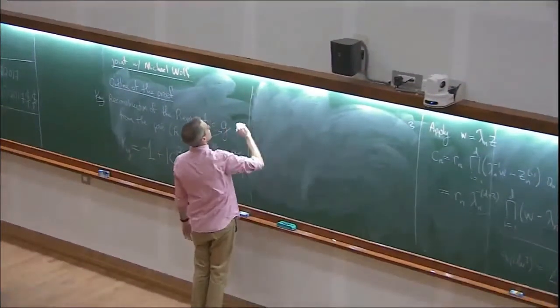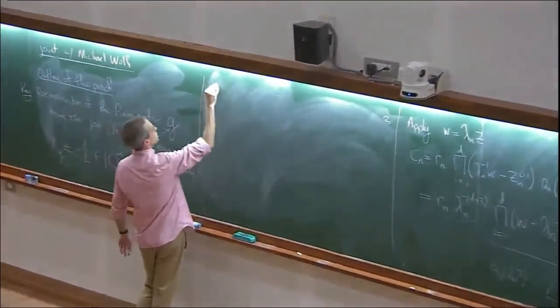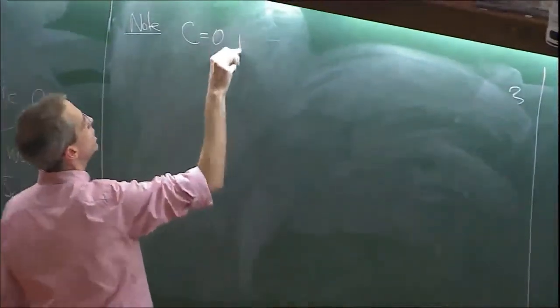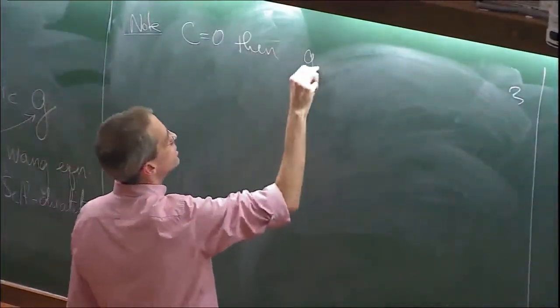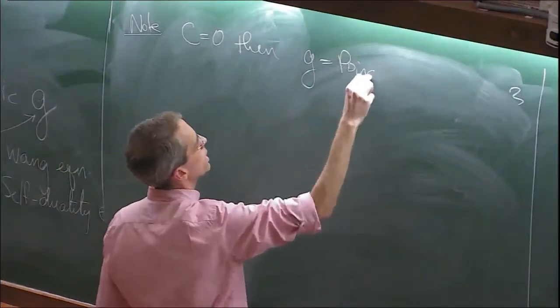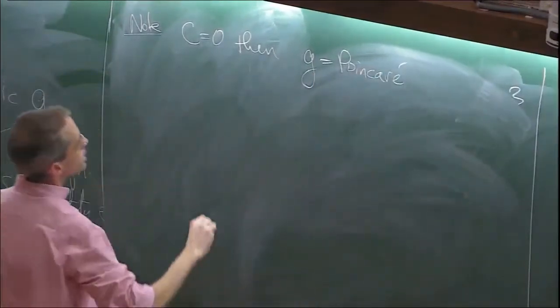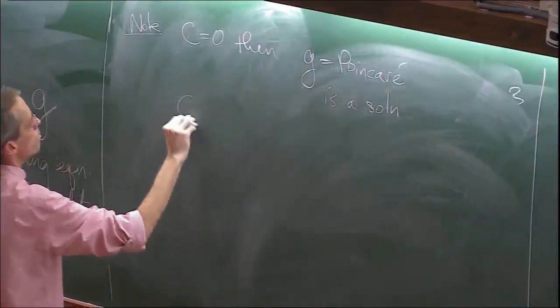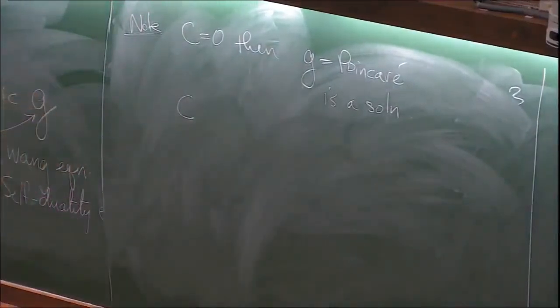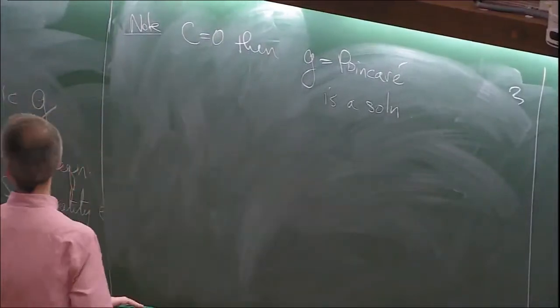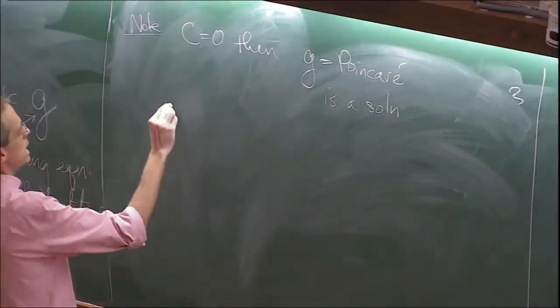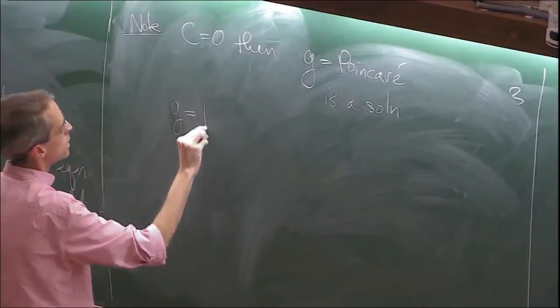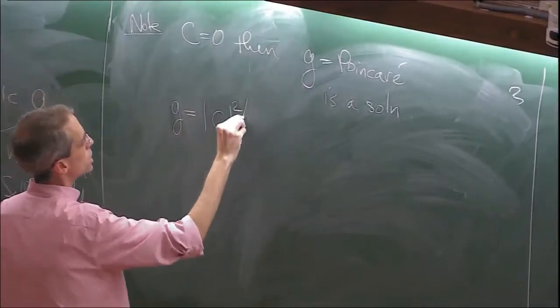So here's what we actually want to know. Let me just note about this equation that if C is 0, then if G is the Poincare metric, a hyperbolic metric on the surface, that's a solution. On the other hand, if you don't care about the fact that it is singular at the zeros of C, if we take G to be the cubic differential to the power 2/3,